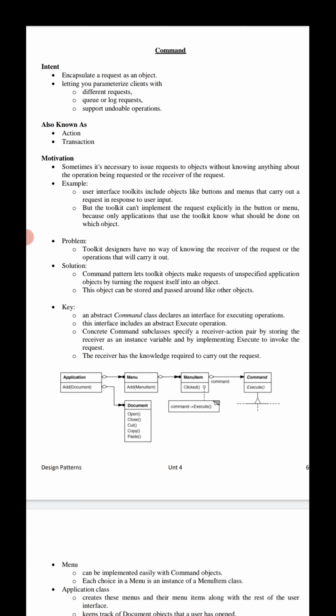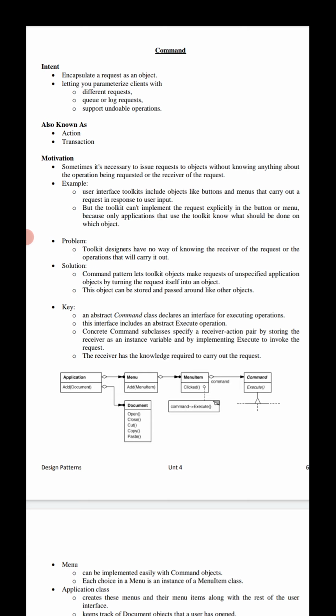The key to this pattern is an abstract command class, which declares an interface for executing operations. In the simplest form, this interface includes an abstract execute operation.